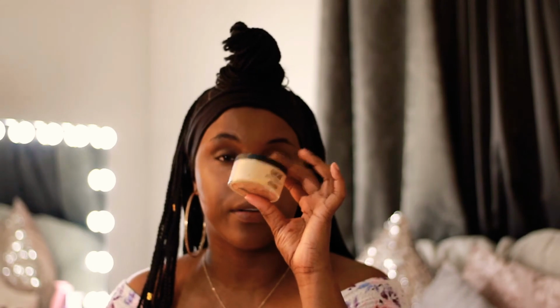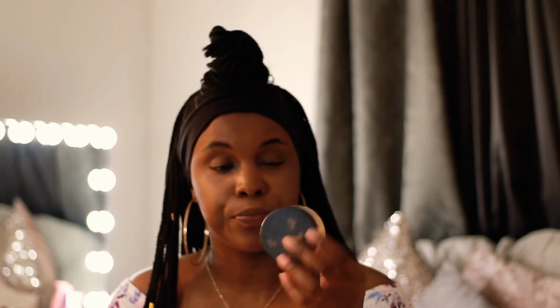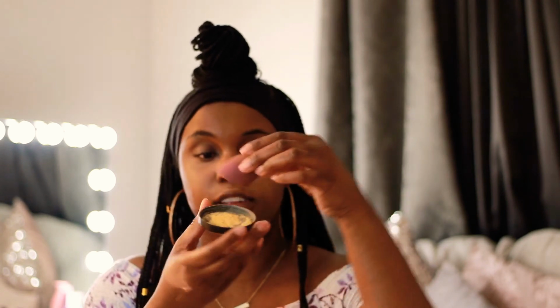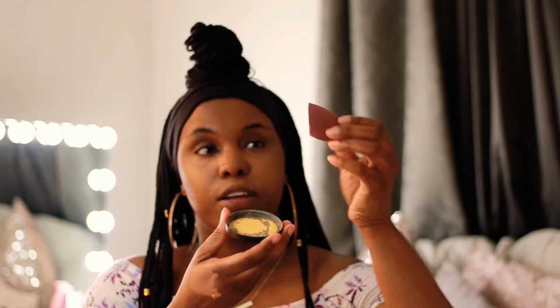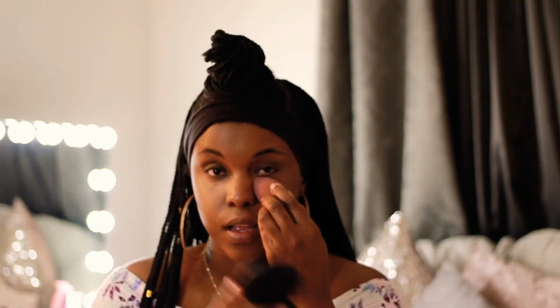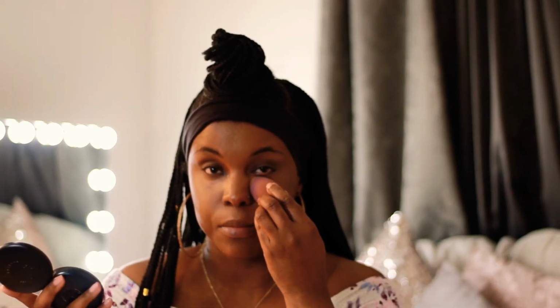The next step is to use Sasha Buttercup setting powder. I'm gonna go ahead and use my beauty blender and just tap some on there. Boom, like that. Okay, and I like to bake for like 5 minutes. I'm looking in the mirror, so